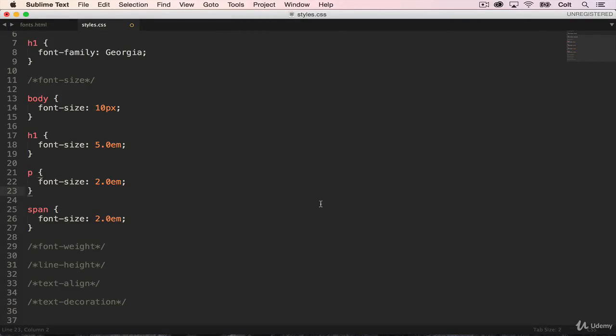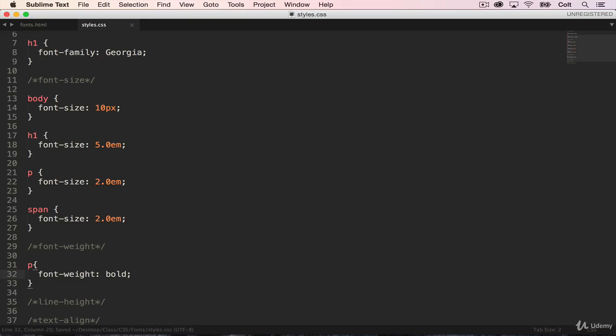In this video, we're going to pick up where we left off, talking about 4 more font and text related properties. The first of which is called font weight. And so the weight of a font refers to how bold or lightweight the text is. Basically, how thick the actual font or how thick the lines are. So I'll give you an example here. We'll select all paragraphs and we'll say font weight